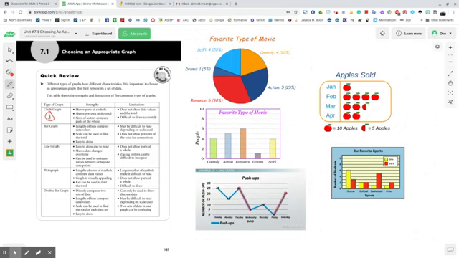So the first thing we're just going to look at, and I included some images here, is a circle graph, which can be found right here. Now, there are certain strengths and limitations to each one of the graphs I'm going to be talking about here before we get into your assignment. So with the circle graph,